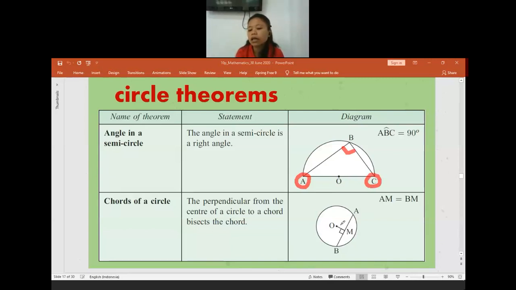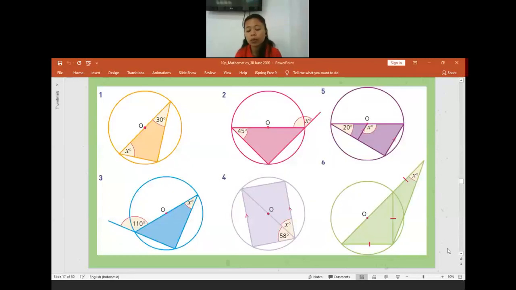As we know that OA and OB are radii, there will be many isosceles triangles inside the circle. For this case, you have to look at the question properly and collect whatever properties of circle that you have. Is there anyone who has a question? If not, I'll continue to the example question from your textbook. It will be easier if we discuss it with a question. So is there any right angle in this picture?